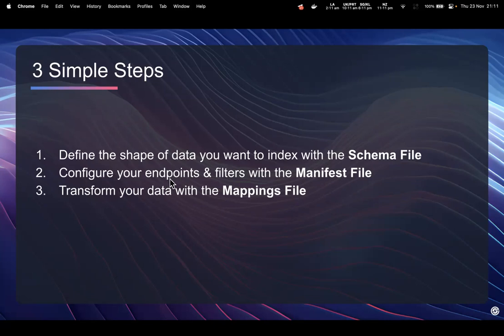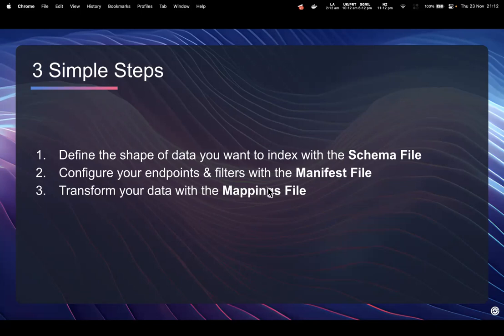Because once we know what data we want, we need to know where to get it from. And then the last step, step number 3, we want to transform our data with the mappings file. And this is where a lot of the coding happens. We can transform, we can aggregate, do all sorts of things within the actual data itself to get it to a state to drive our, say, mobile app, for instance.